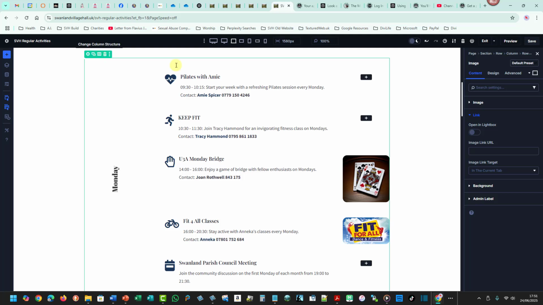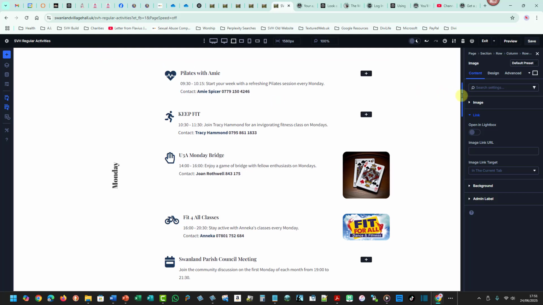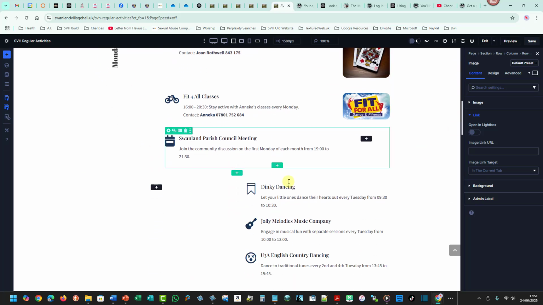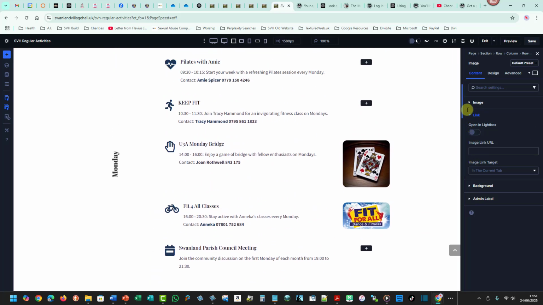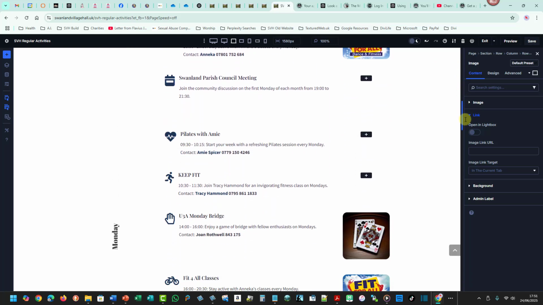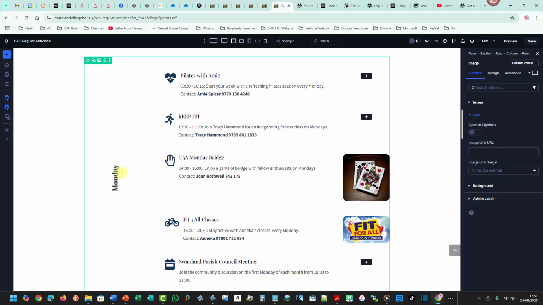So what I've now done is I have created a Monday. The next thing to do is not to do that all over again, because that would be a lot of work. So what I'm going to do is go to this row settings, go to duplicate row, and duplicate the whole thing. So click once, and now I can scroll down and see it appears all over again just there. But rather than Monday,